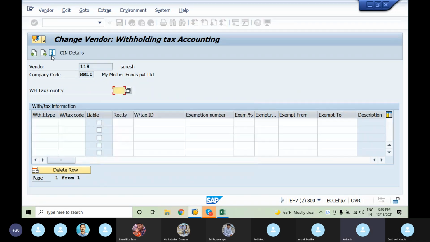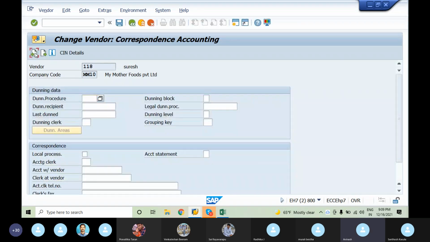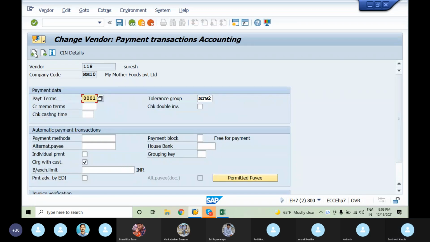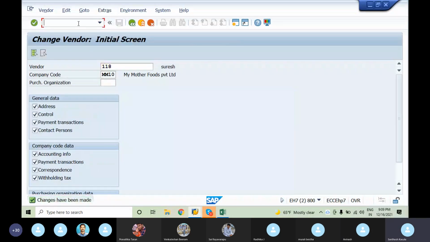Bro, the payment method is missing in the master data. Give the payment method. Just check.